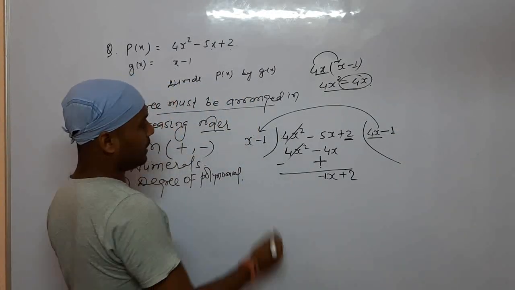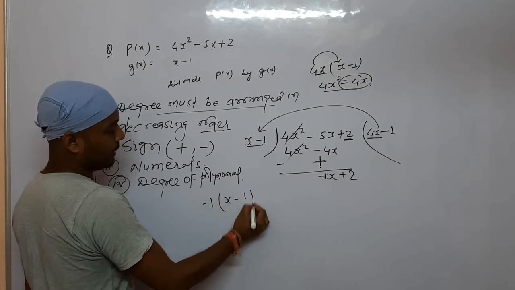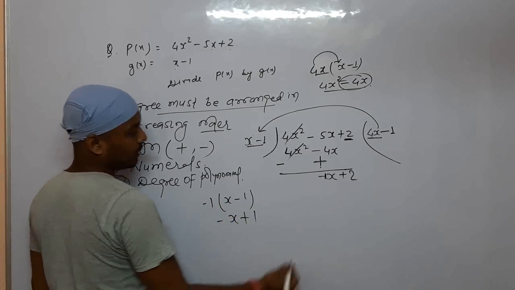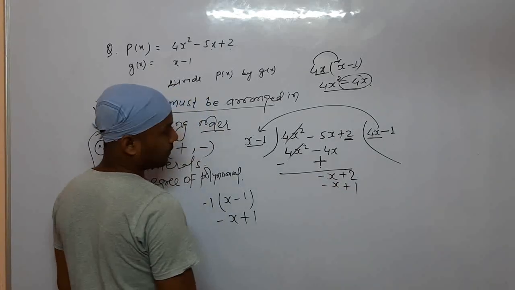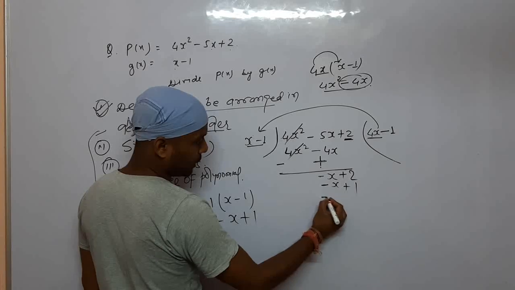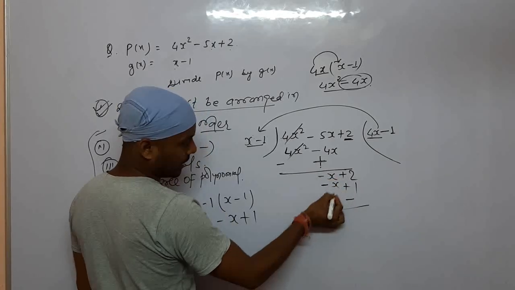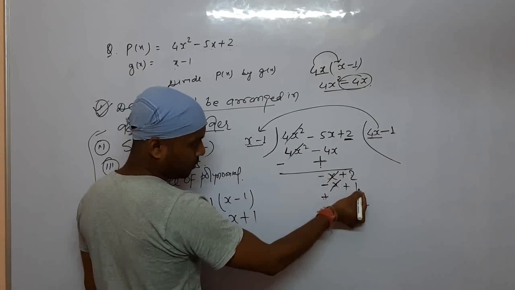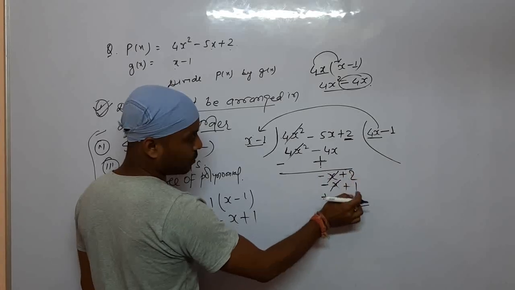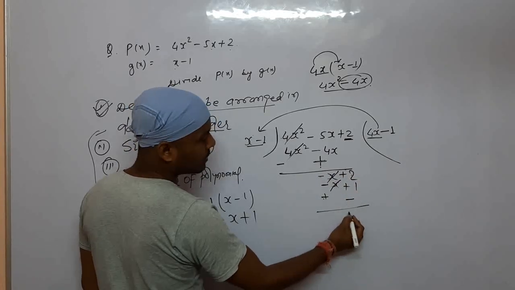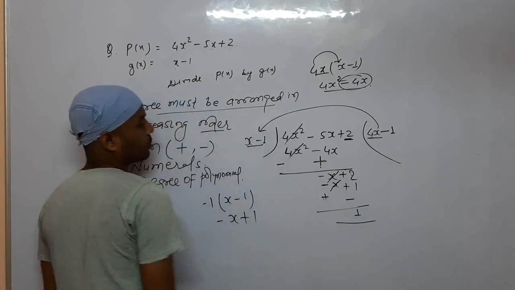Okay. So minus 1 when multiplied with x minus 1, you will get minus x plus 1. Write it just over here. Minus x plus 1. Change the sign. Minus will change to positive, and this positive will change to negative. Minus x plus x will get cancelled out. Plus 2, the sign of this one will be negative. The plus 2 minus 1, that means 2 minus 1, you will get minus 1.